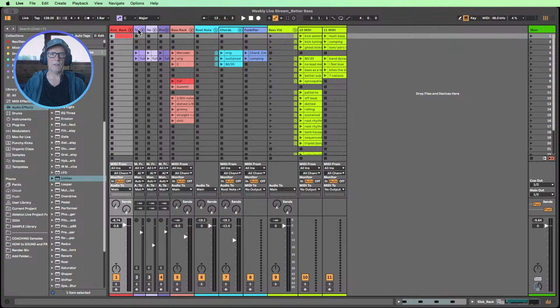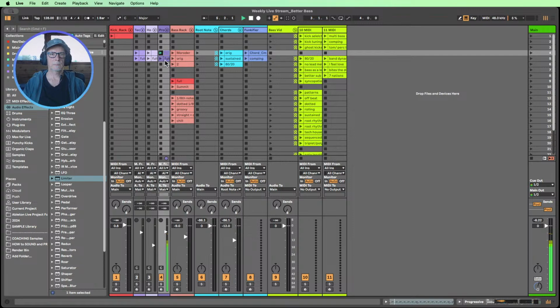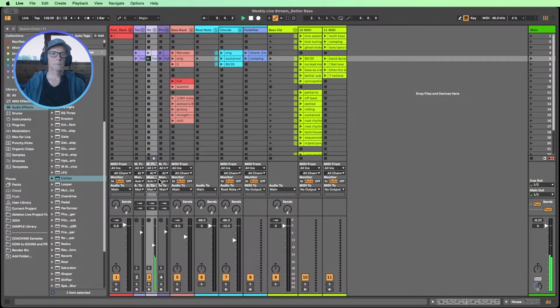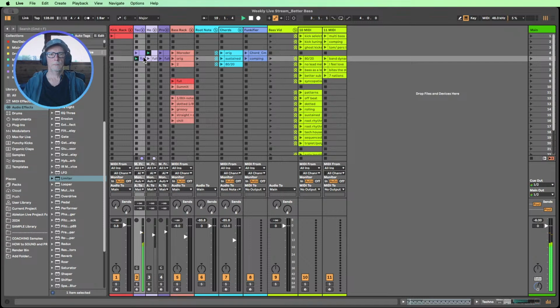Then we've got a few other tracks here which are just literally some different drum grooves. So if we play these, we've got sort of like a progressive house drum groove here, stripped and full. And similarly to the left, we've got some house drums, and once again, full and stripped. And then to the left, we've got some techno drums. Again, stripped, and then full. That's just going to give us some stuff for context.